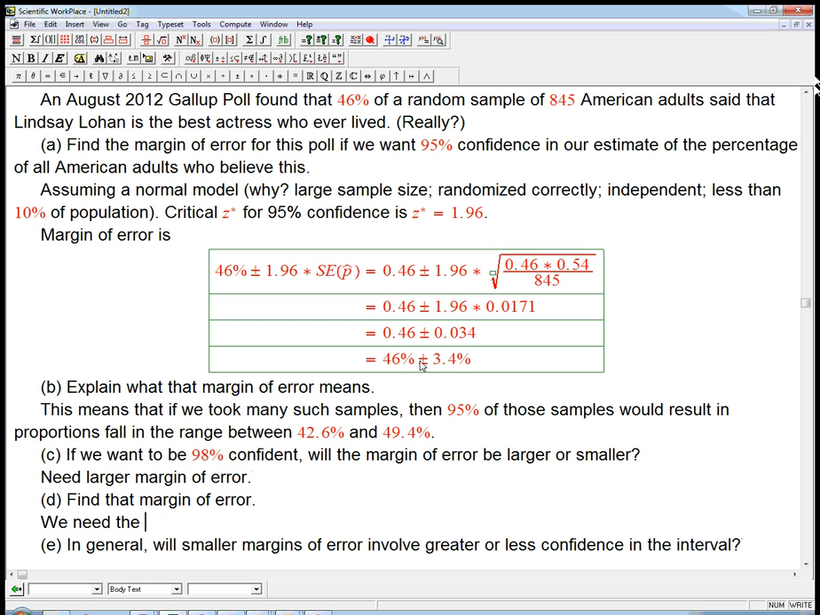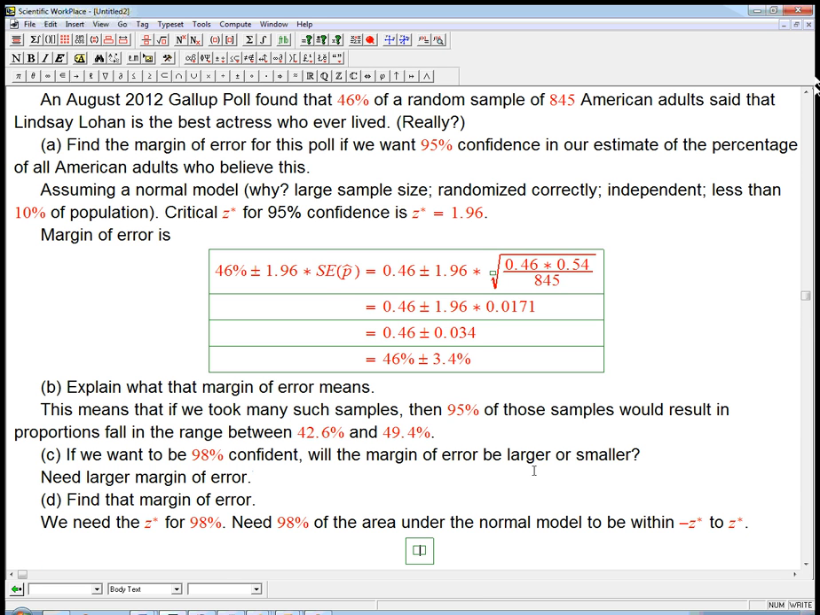We need the z star for 98%. So we want to find out what's the z star that gets 98%. We need 98% of the area under the normal model to be within, and we want a symmetric interval here, from a little bit below to a little bit above, the same amount. So to be within minus z star to z star. Okay, so that's a little tricky,